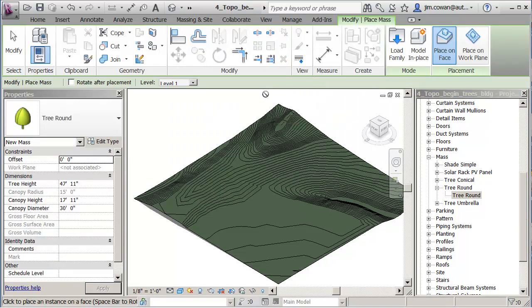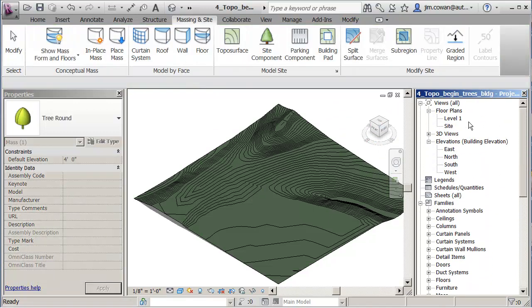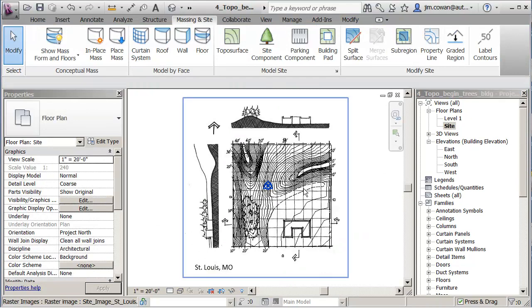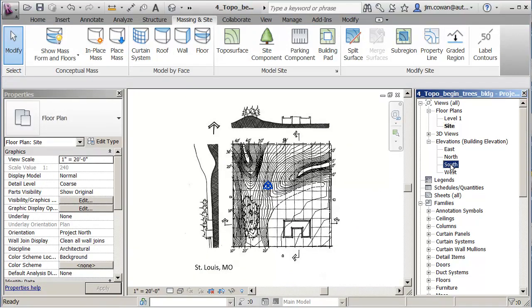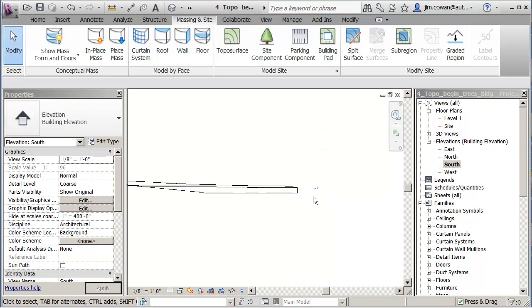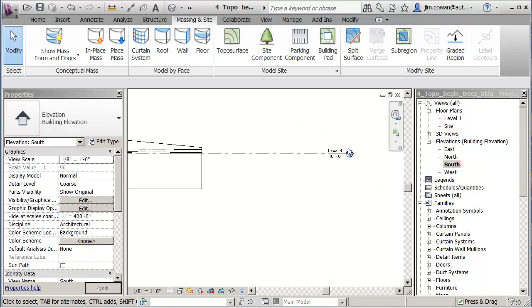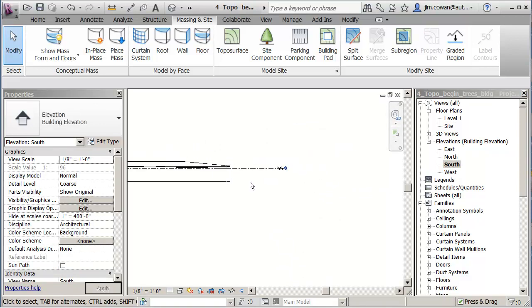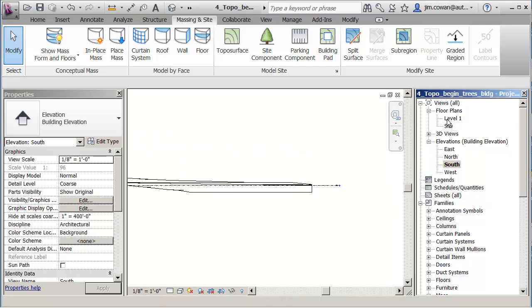And then I've got the option of, do you want to place it on a face? I don't have any faces here, I have a topo surface. Place on a work plane would let me place it on a work plane. So if I switch my view, it'll become a bit clearer what I'm doing. I'm going to go to the site view, or actually let me switch to the south elevation. I want you to see that I've got a level that's at a 10-foot elevation in my model here. So if I go to that level,